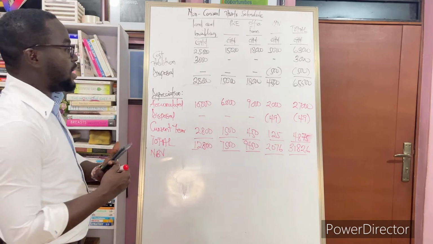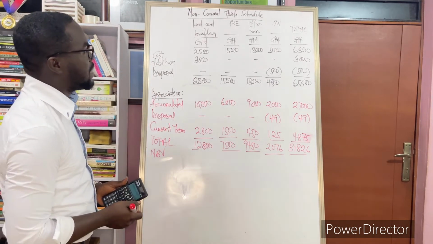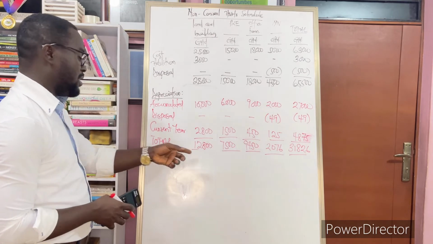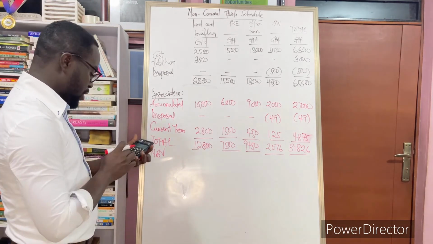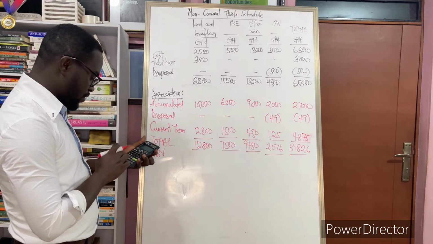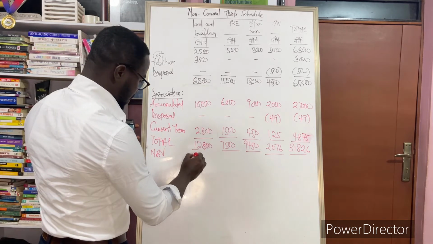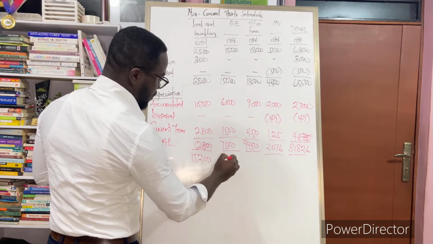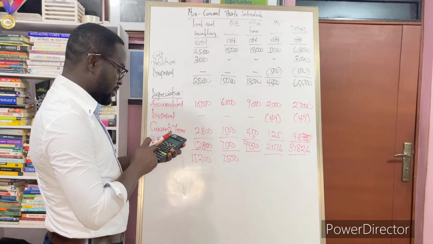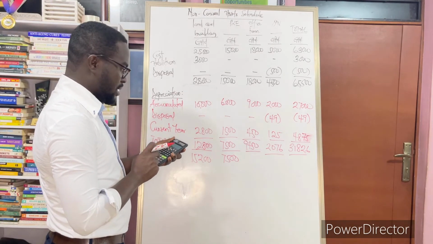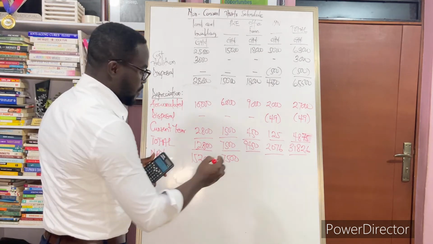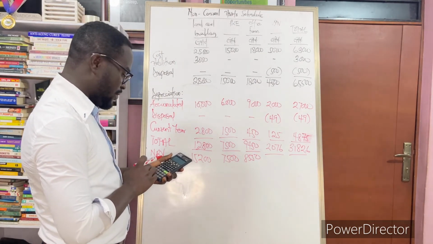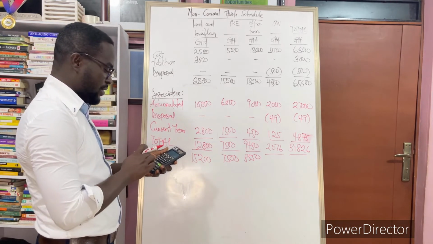We arrive at the net book value by taking the respective non-current assets we have, their total cost, and we subtract the total depreciation that we have here. So for land and building, it should be 28,000 minus 12,800, which will give us 15,200. Then plant and equipment will be 15,000 minus 7,500, which is 7,500. 18,000 for office furniture. Then we take the total depreciation 9,450 from it. We get 8,550. Then we come to motor vehicle. Total cost is 4,500. We take the total depreciation 2,076 from it, and we get